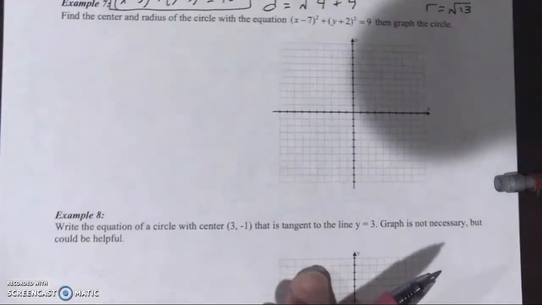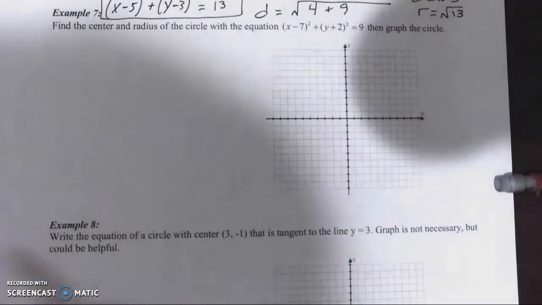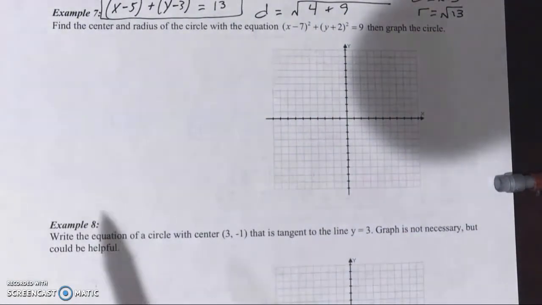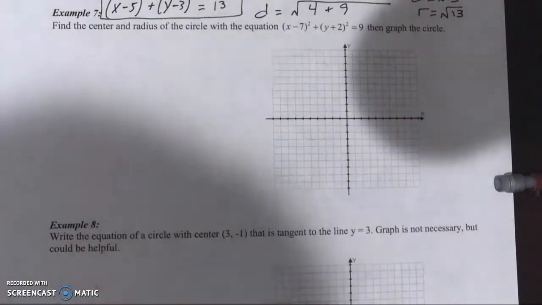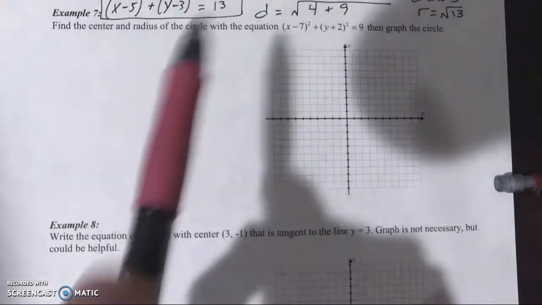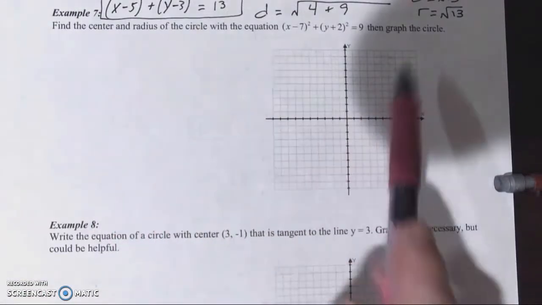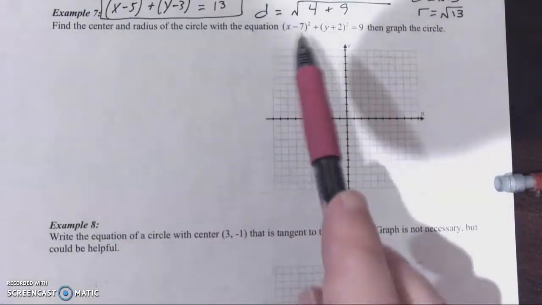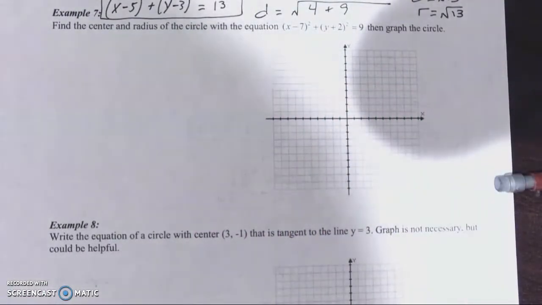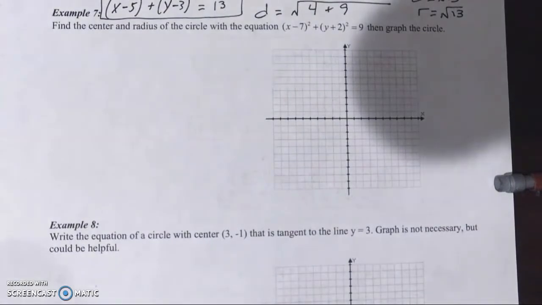Alright guys, we wrap up section 11.5, working a little bit backwards from what we have been doing in the first part of this video. Instead of telling you what the center and the radius were, or giving you information about them to be able to write the equation, here we give you the equation, we ask you to graph. Okay, finding the information, probably not all that difficult,